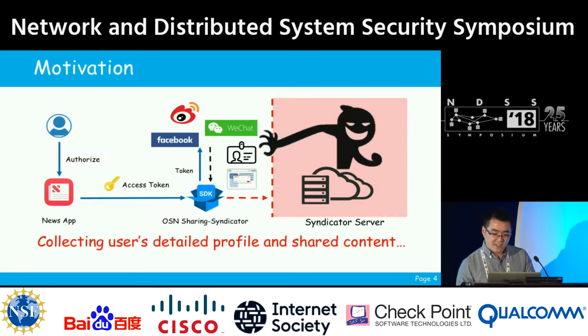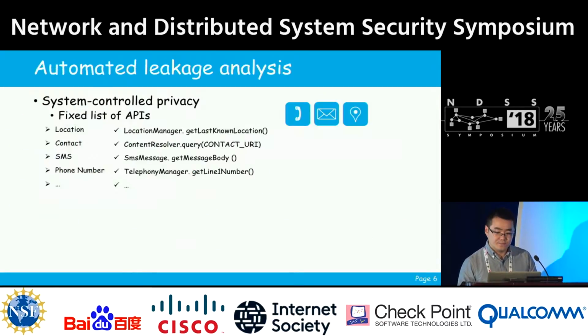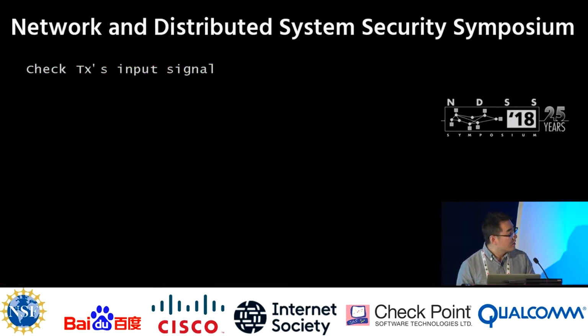Motivated by this case, it is very necessary to understand the scope of this problem with an in-depth study at a large scale. However, to find information leaks in such scenarios, the first step is to identify the sources of such sensitive data. For automated privacy leakage analysis, traditional sensitive sources